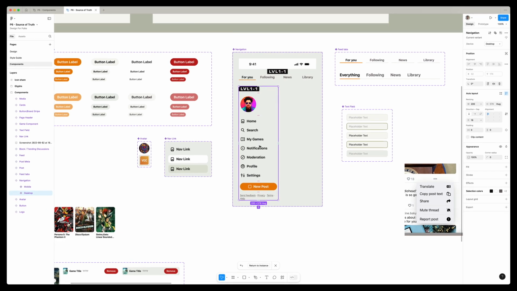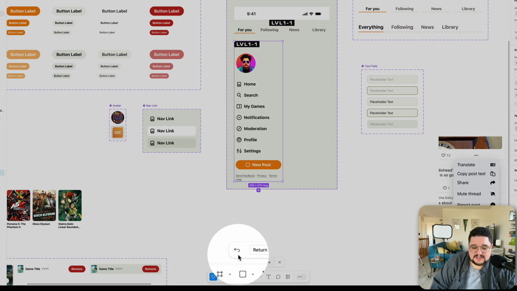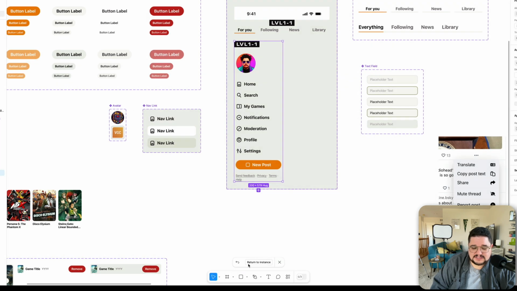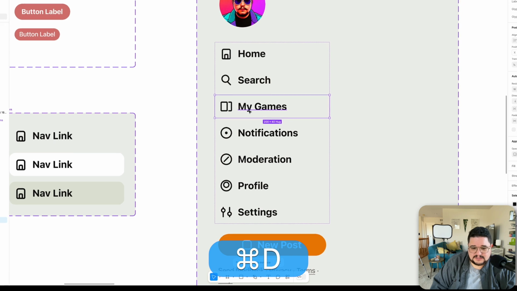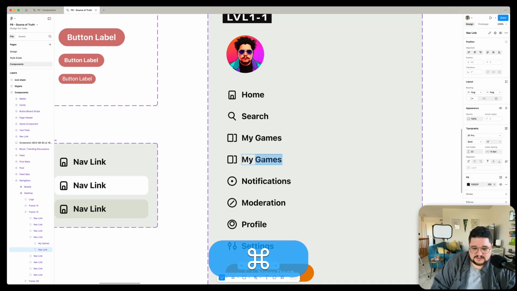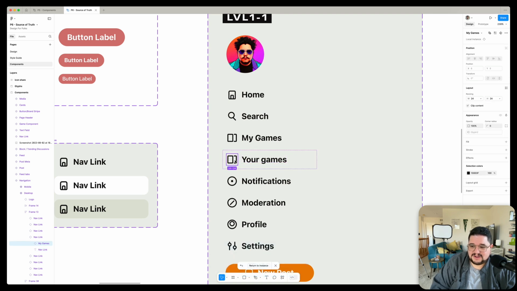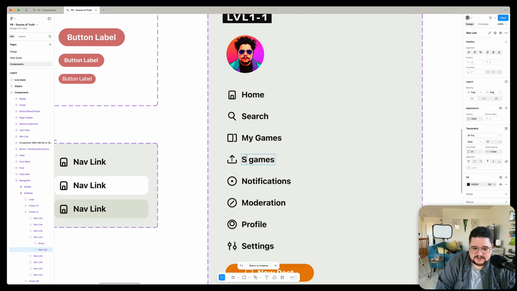And you see, as long as I navigated through it this way, I get this return to instance button at the bottom. So why don't we add a new section called Your Games. I don't know why. And then instead of this being the glyph, I'm going to come up here and change it so that it's something different. Yeah, we'll make it the share. We'll call it share